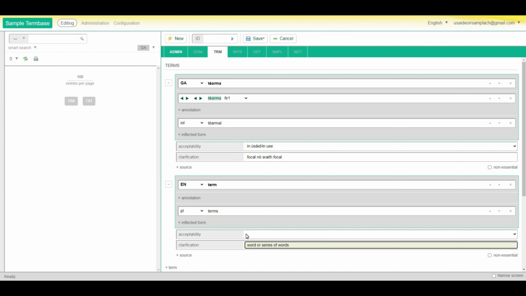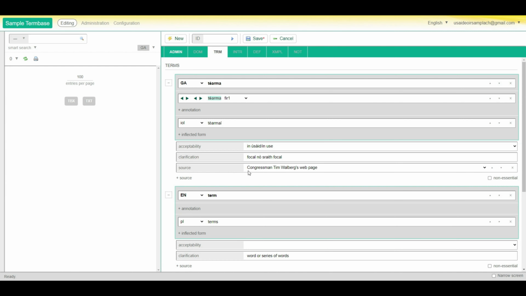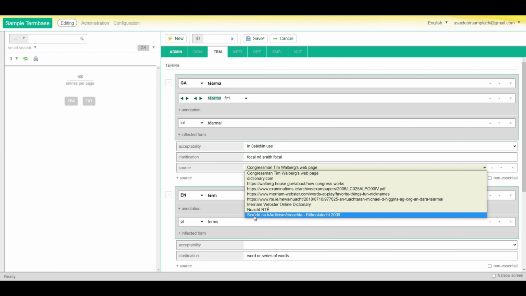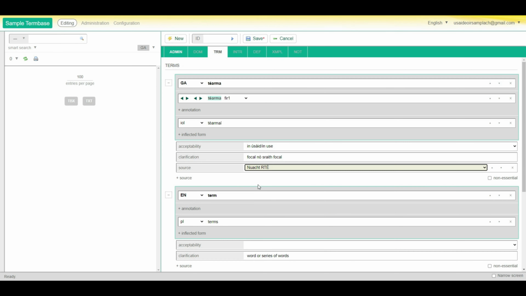If you want to add the source of the term, you're going to need to add it in advance, and the video on how to do that will be in the card above or description. Once you've added it, it's as easy as clicking plus source and selecting the source for that specific term. To help categorize an entry and to give it some context, you can add it to a specific domain. You'll need to add those domains in advance, which is explained in this video in the card above or description.